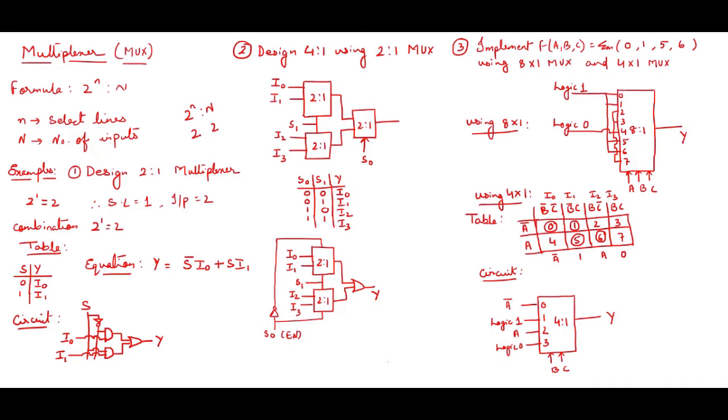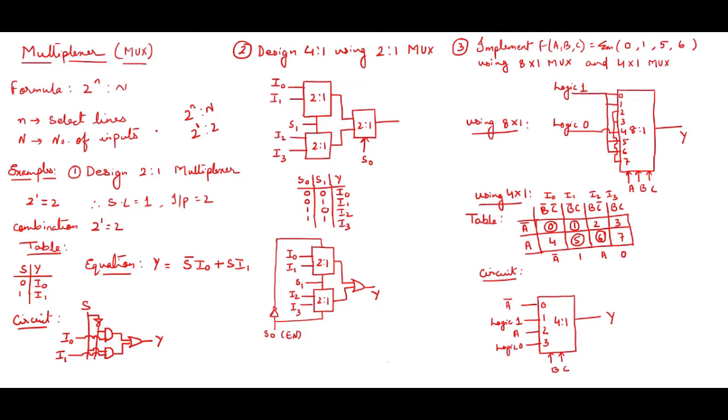And this 2 is nothing but the base of the binary number system, right? Now what should be the value of small n over here, so that the result will be 2? If it is 0, it will be 1. If it is 1, it will be 2. So this is the hit and trial method by which we are finding the value of small n. Just like this, 2 to the power 1 is equal to 2. So from here I can confirm the small n value is 1, that is nothing but my select line. In short form I have written S.L. over here. So select line is 1 and input is 2.